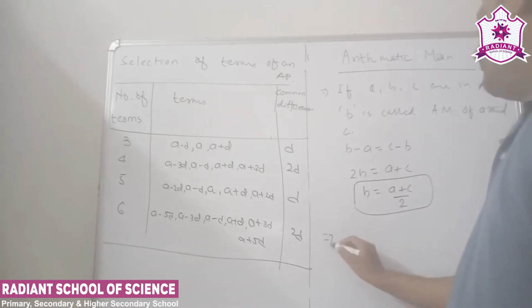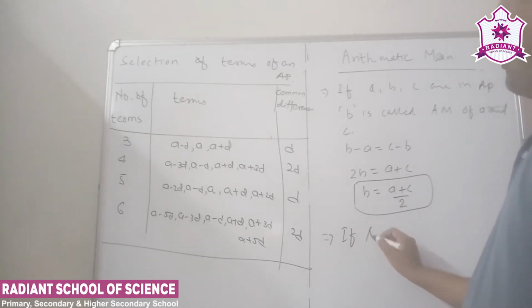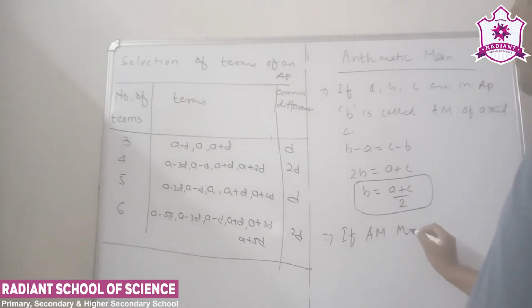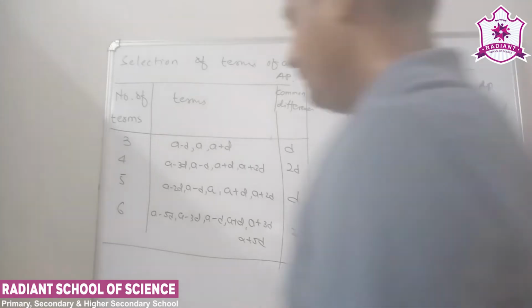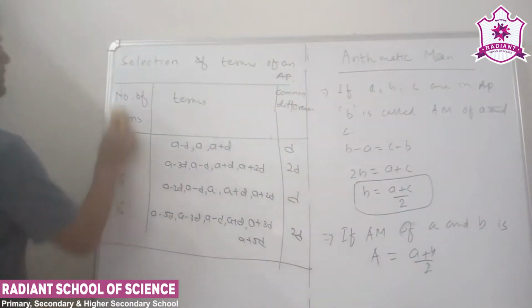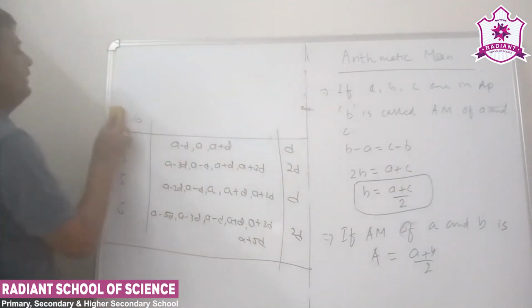Right? Now here the arithmetic mean of two numbers A and B is equal to A plus B by 2. अगर दो नंबर हैं तो आप उसका एवरेज A plus B by 2 निकालोगे. It is called the arithmetic mean. Clear? Okay. Now we start some sums depending on our exercise 5.3.